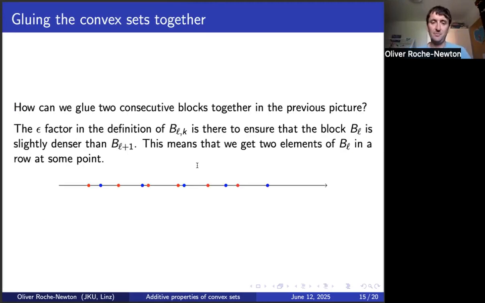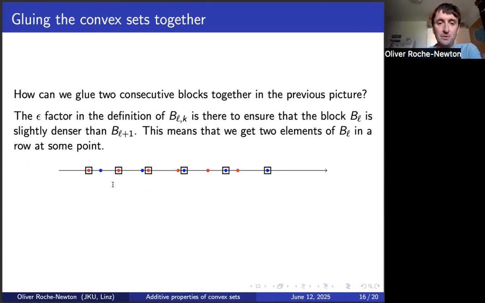And what that allows, if we now put them back on the same number line, think about the blue elements here as B_{L+1} and the red ones as B_L. Now, because of the earlier block, the red ones are a little bit more densely packed, and I've exaggerated it for this picture because they're really almost the same. But eventually, somewhere, we should have 2 red dots in a row. That should happen as long as there's enough of a difference between the densities. So we get 2 red dots in a row, and then we can use that to pass from the